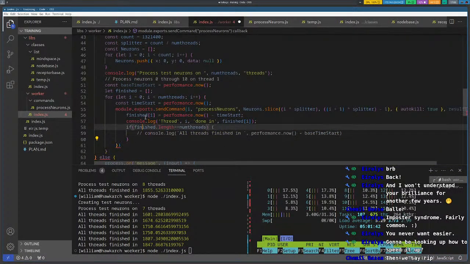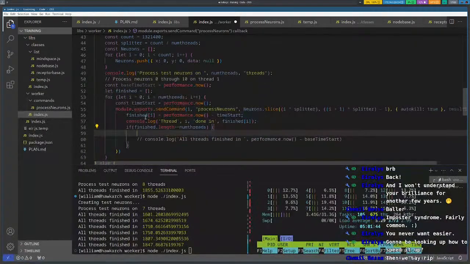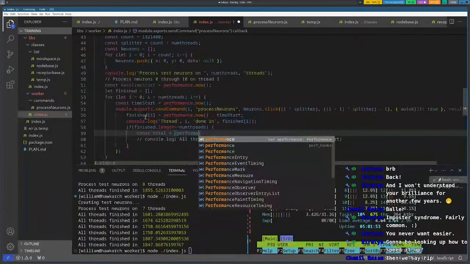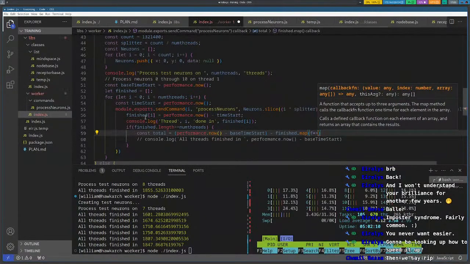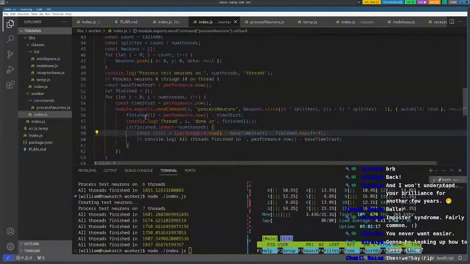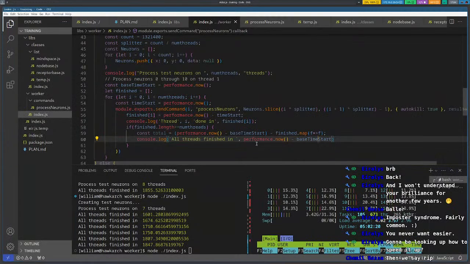So we'll just do const total equals performance.now minus base time start, plus, wait, so we'll do minus finished.map f. This ain't gonna work, but